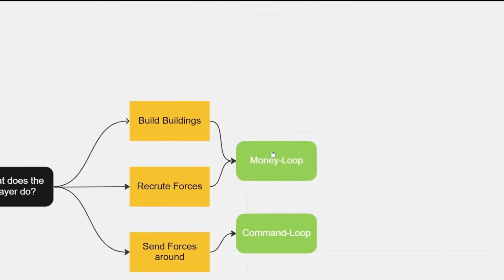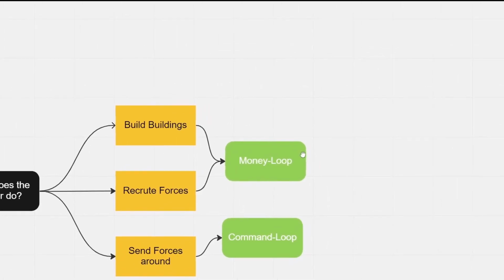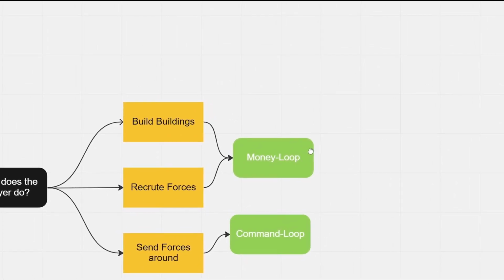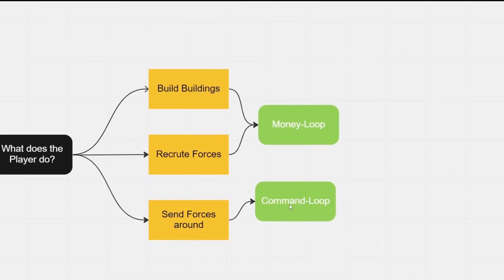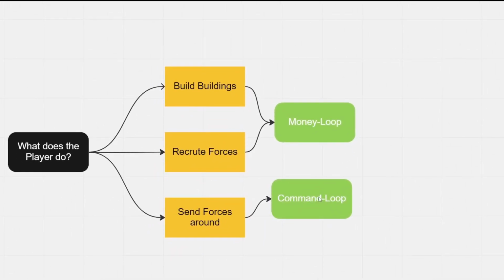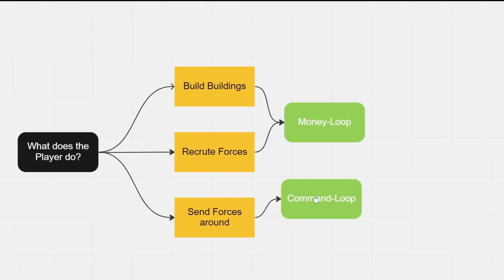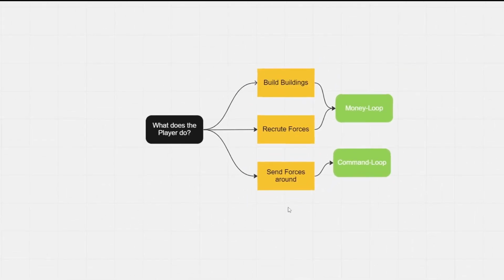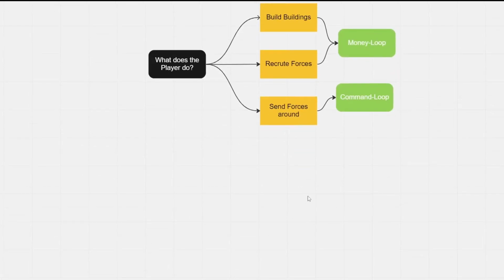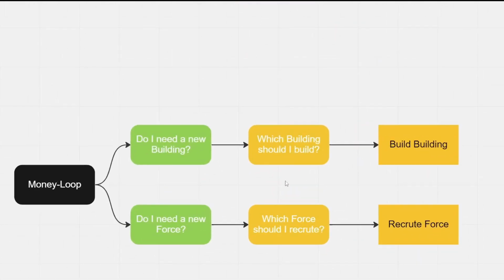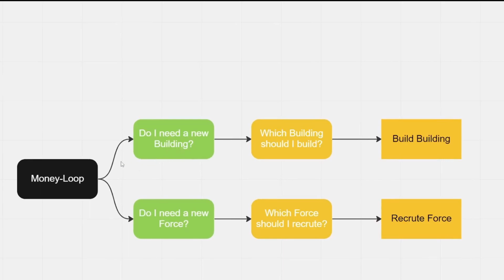So the money loop just decides, hey, do we need a new building or a new force, and can we afford it, etc. And the command loop just decides where the forces need to go, and basically exactly this. So let's start to have a look at a more detailed graph or